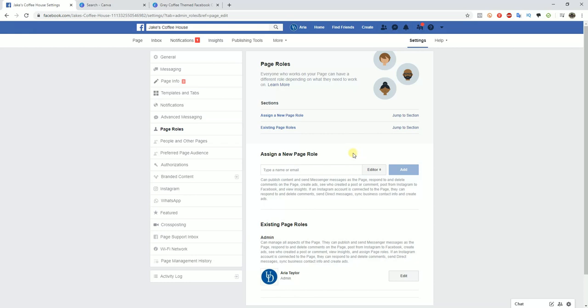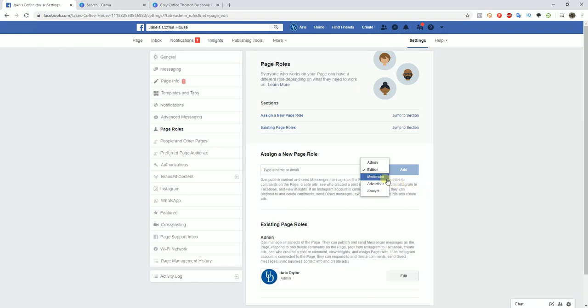So if you hired somebody to manage your social media, for example, this is where you could go ahead and add them in. So you type in their Facebook name or their email, and then you could give them different admin privileges. So you can make them an admin, which would give them full control over the page, as much control as you have, or you could give them editor, which allows them to edit a bunch of different things on your page, or you can give them advertiser, which lets them just post stuff on your page and do advertisements, etc. Or there could be a moderator, which filters out comments and stuff on your